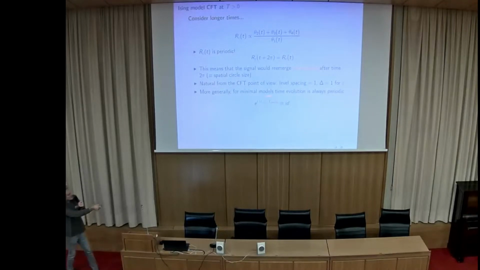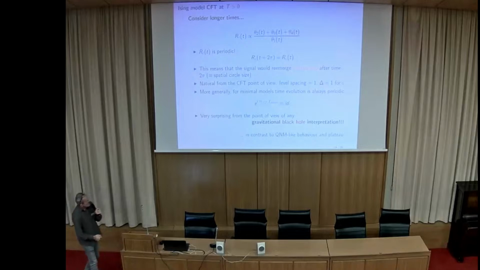And for minimal models in general, time evolution is always periodic, because we have a number of rational dimensions. Clearing the denominators, one will always have a period which is a multiple of 2 pi. So this periodicity is a generic feature and always appears for any observable, whether it's thermal or non-thermal or anything else. So from the CFT perspective it is extremely general,